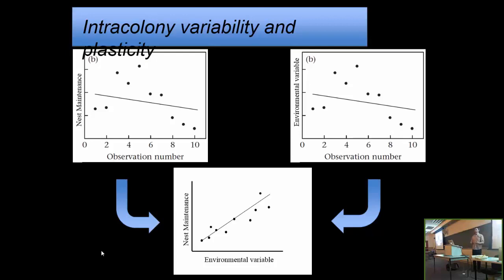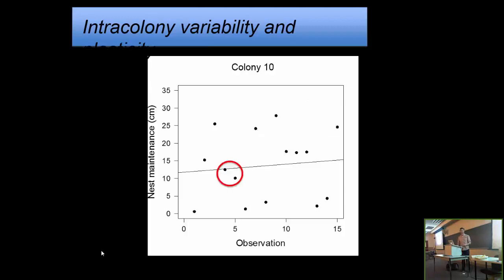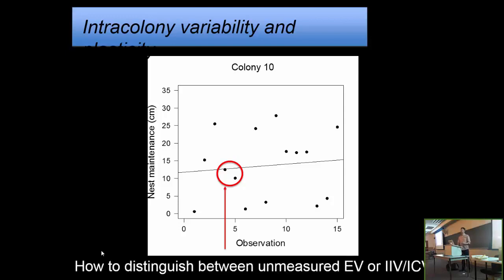And that's important in understanding whether this variability, the amount of fluctuations, is an intrinsic property of an individual or if it's an extrinsic property of an individual. And so to try to pull that apart a little bit with this behavioral assay and the system of harvester ants, where we're looking at colony level behaviors, but there are many individuals engaging in those behaviors, can address this question and actually apply some data to try to distinguish between unmeasured environmental variation and intra-individual variability, intra-colony variability in this case.